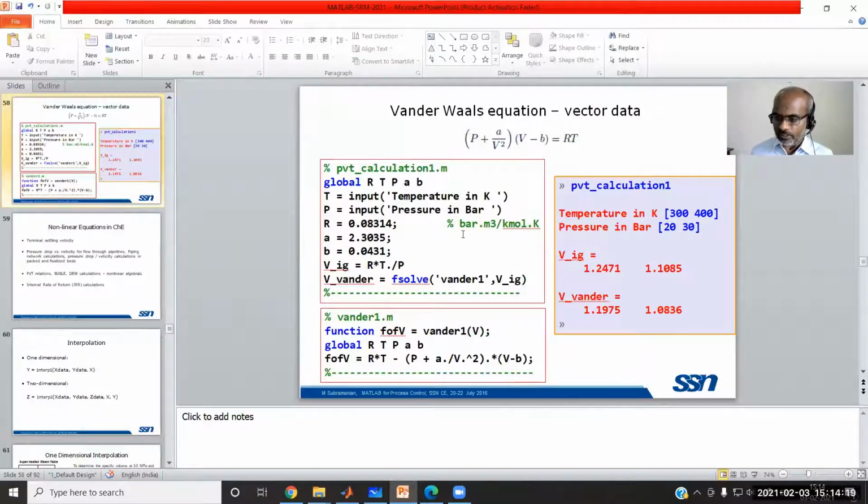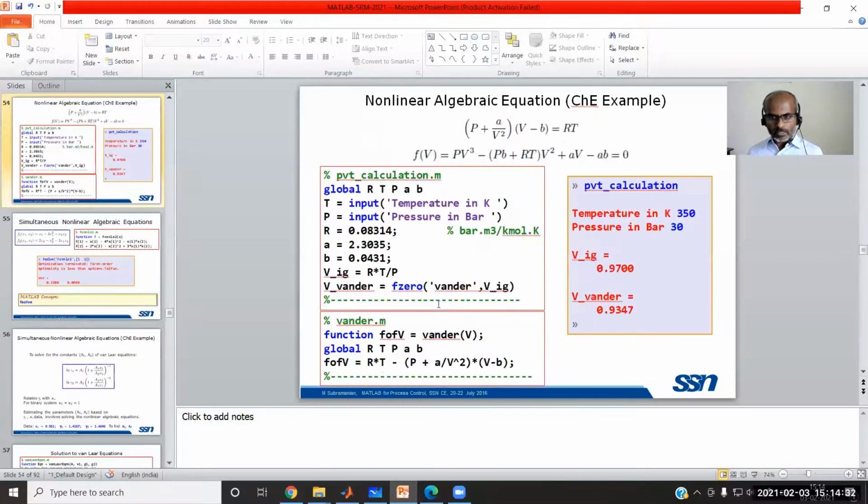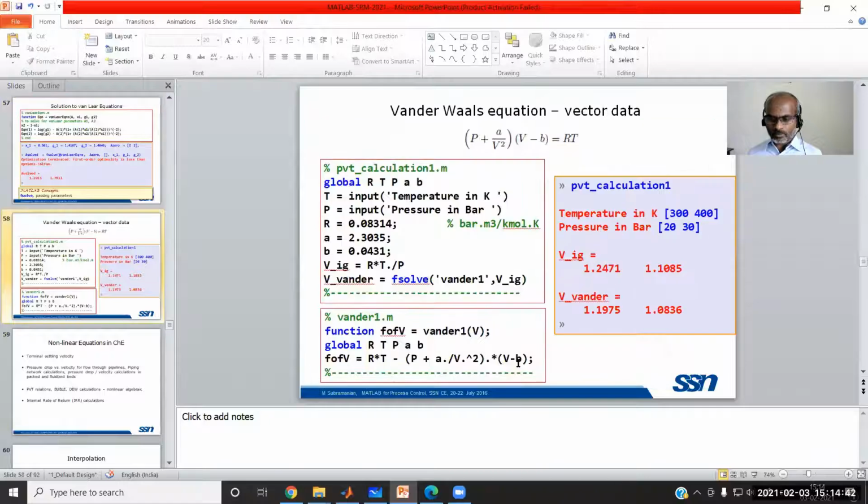Of course, this you can try. Say this is a van der Waals equation solved for a vectorized input. What is the vectorized input? For a range of temperature and pressure data, you can calculate the value of V. So otherwise, the previous file is simply altered by making proper usage of dot. By proper usage of dot, we can make that a vectorized function. Say for example, f of e equal to r into t.